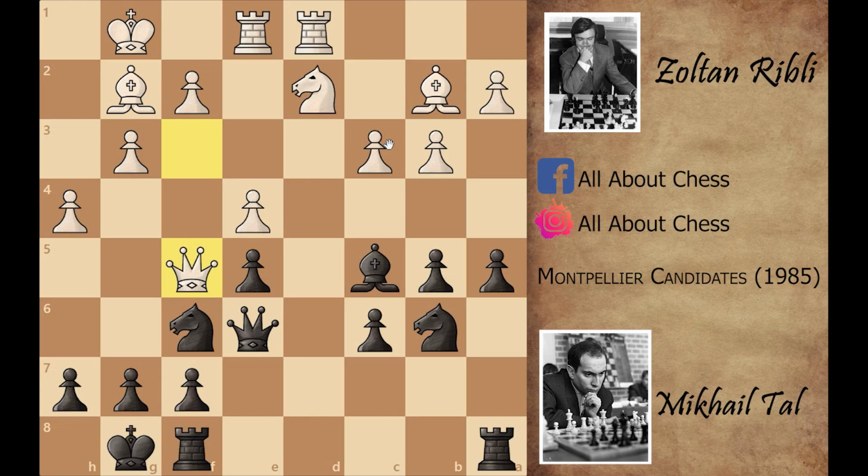You can imagine how much people were afraid of Mikhail Tal and his queen. Even the grandmasters would always try to exchange queens with Mikhail Tal because they knew how dangerous Mikhail Tal can be with the queen. Mikhail Tal accepts the queen exchange with knight to g4, and if Mikhail Tal is accepting the queen exchange,